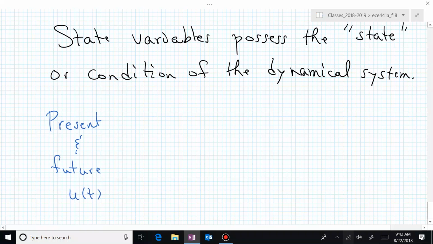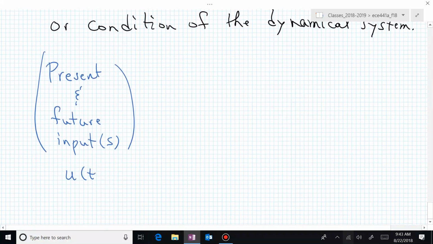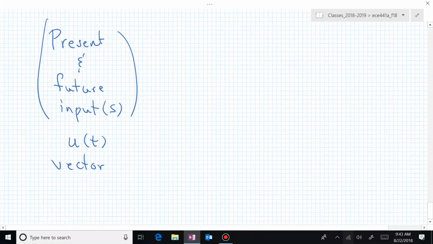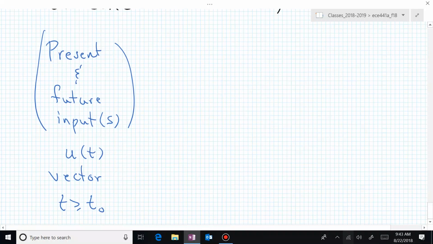let me call that inputs in words. If we have that, in our case we're calling that u of t, and that could be a vector if we have multiple inputs. And this we know for t greater than or equal to some initial or present input value. If we have all of that information and